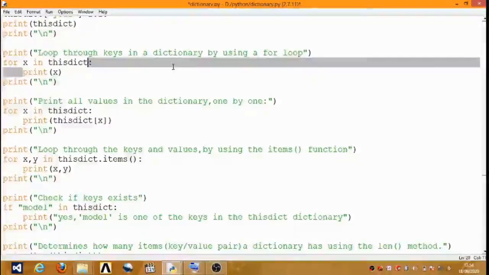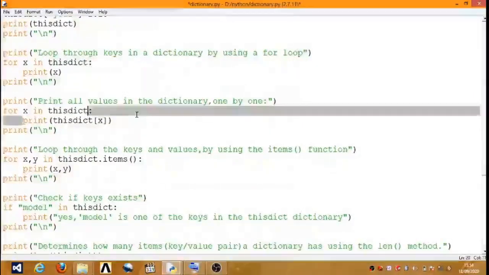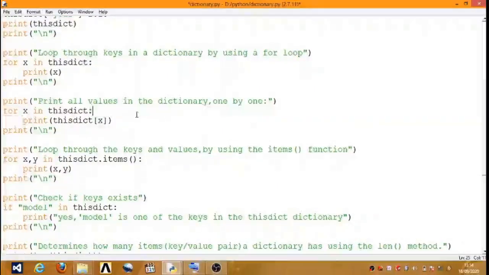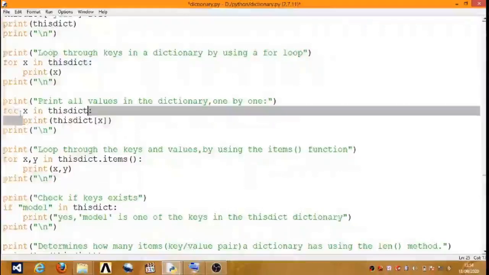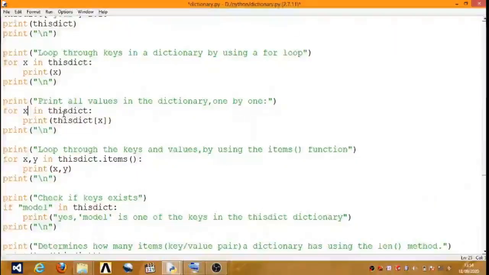Already I printed the keys, same way here print only values. So here we can use a similar formula. So here print for loop X in district. Here X is our variable and district is our dictionary. So here print in bracket district in square bracket X, close the bracket. Here passing the key, X stores the key name, and passing the key name here means it gives us the value of that key.